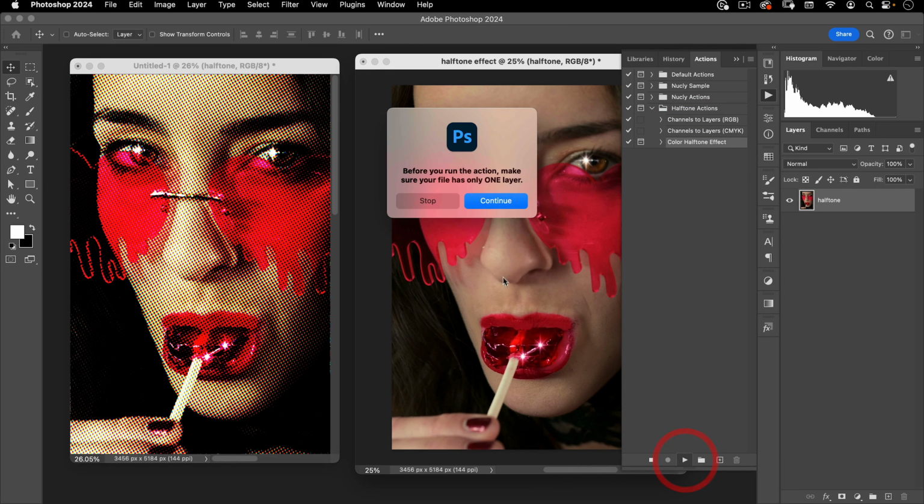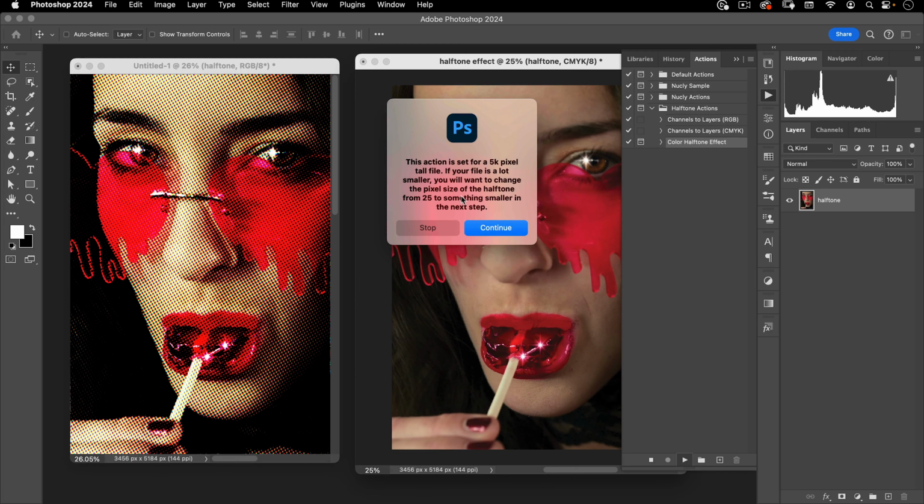and then click on the play button down here. So first, it's just going to make sure that you have only one layer in your file. We have already made sure we've done that, so let's hit continue. Okay, next, it's just telling you here that this action is set up for a 5,000 pixel tall file. So if your file is not that size, you're going to want to adjust what pixel size your halftone effect is. So in this case, we're using a file that I set up this action for,